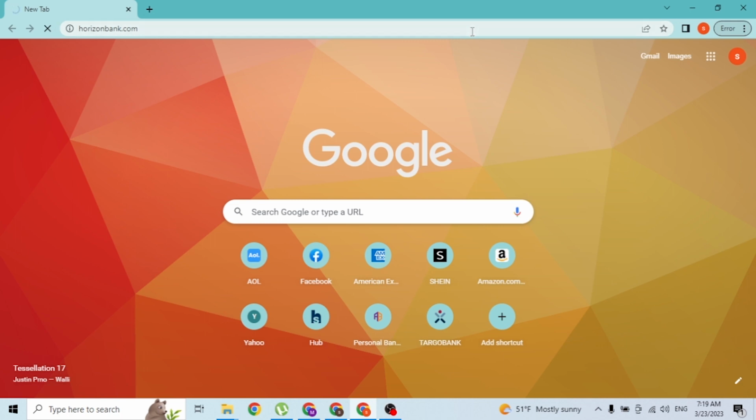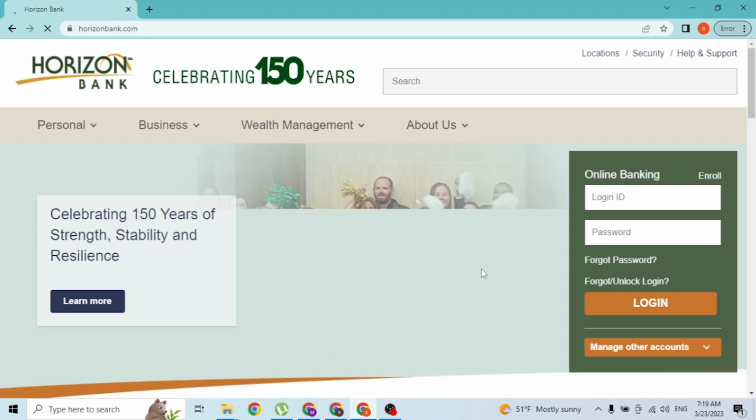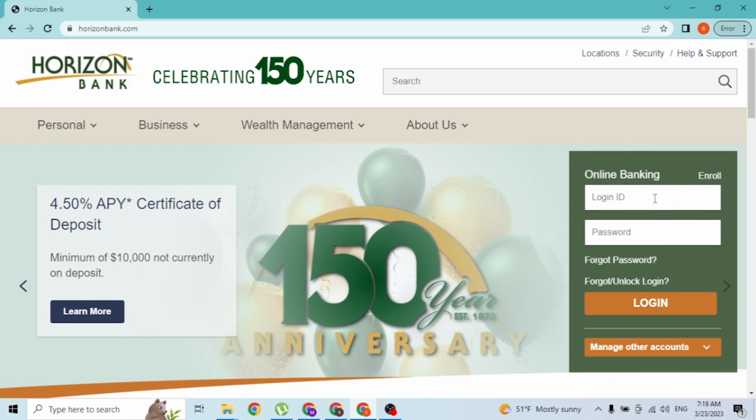And after that you'll be redirected to the home page of Horizon Bank like this, where you can directly sign into your Horizon Bank account from over here where it says online banking. And this is the login panel where I'm hovering right now with my mouse, guys. In order to log into your Horizon Bank ID, you will be required to go through these credential steps,